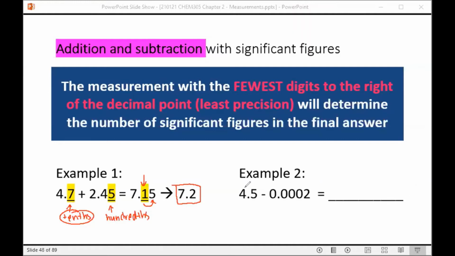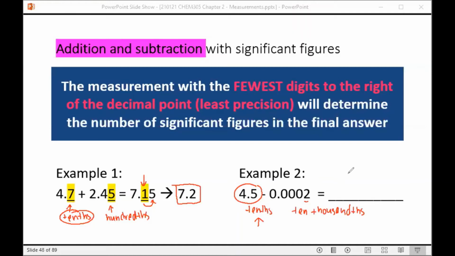Let's look at example 2. We have 4.5, this ends in the tenths place, minus 0.0002. So this ends all the way out in the 10 thousandths place. So the measurement that's the least precise, that has the fewest digits to the right of the decimal point, is 4.5, which ends in the tenths place, which means that our final answer will also have to end in the tenths place. So when you take 4.5 minus